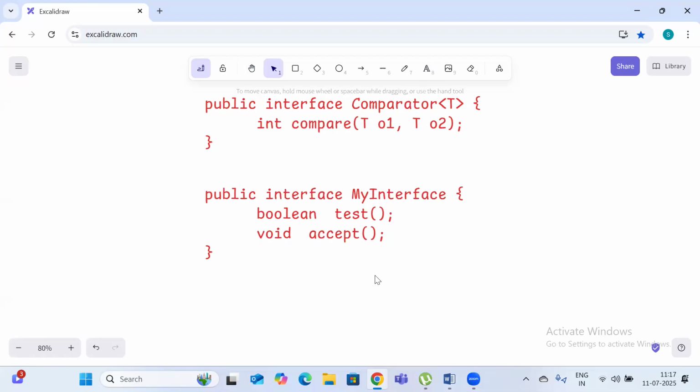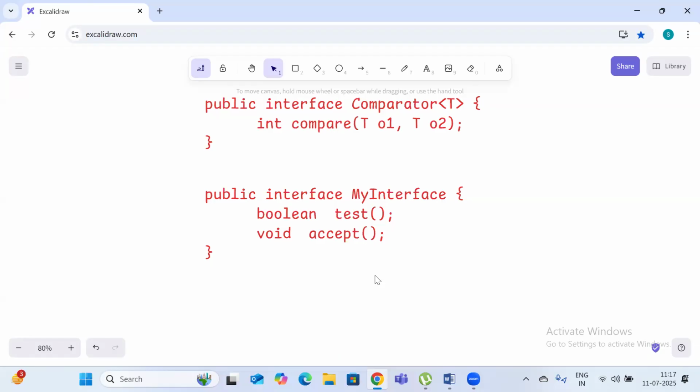Actually, I want to create a functional interface. I have created it. But in future, down the line, maybe after a week or after 3-4 months of the code, I open my interface. I forgot that I made it a functional interface, and I've added one more method called void accept. Now tell me, is it a functional interface or not? No, it's not functional,